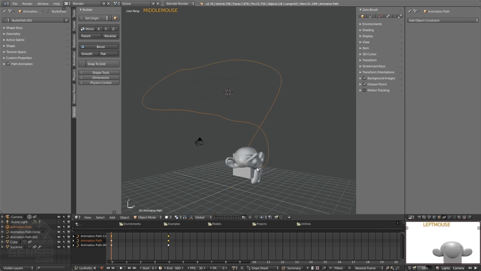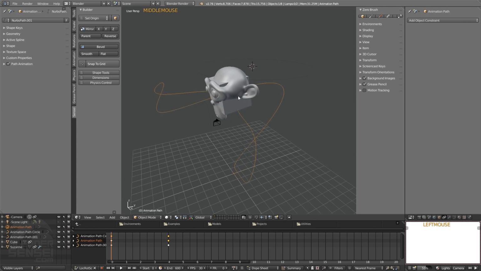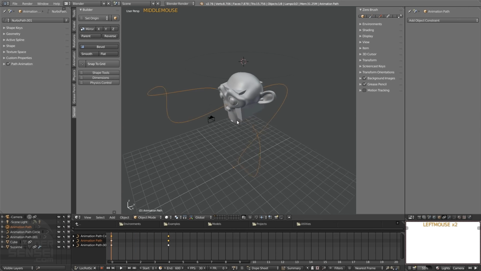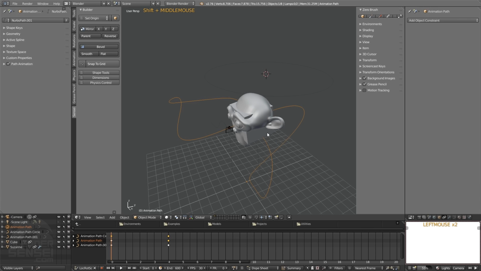You'll notice this gets moved, but we could press reverse again for that. Now if we press play, the object will be following as well. Only it's right on top of each other, which is not what we really want. So to get it to lag a little bit behind, all we do is select the object that we want